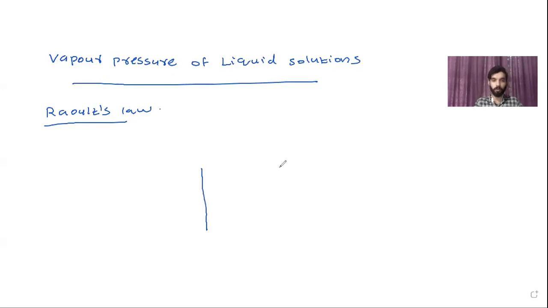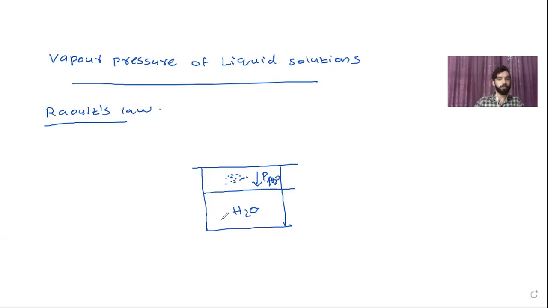First we should know what vapor pressure is. Suppose we have a liquid in a closed container, say the liquid is H2O, like water in a beaker. At the atmospheric temperature itself, a little of the water will go to the vapor phase, right? A little of water will vaporize and occupy the top of this liquid surface, and those are vapors of water. It exerts a pressure on the surface of the water, right? And that is called the vapor pressure of water, vapor pressure of H2O.